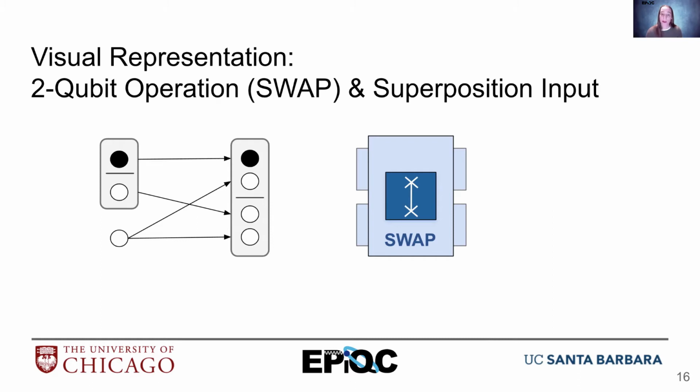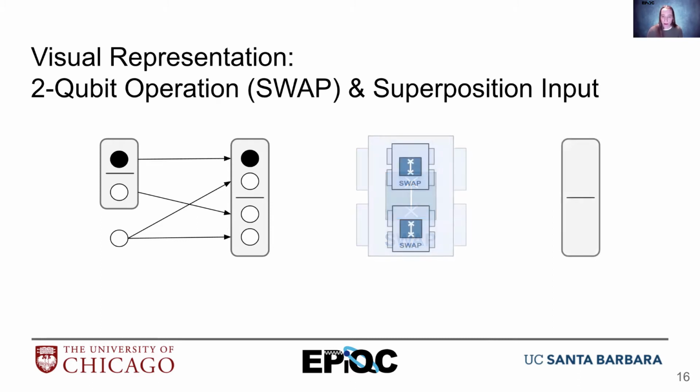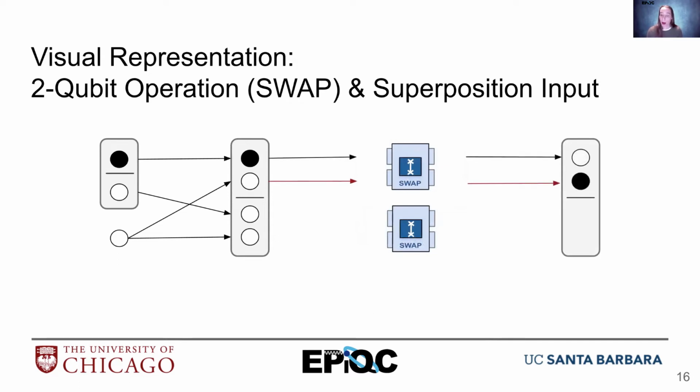What we do is we split the swap into two tiny swaps, and each of these pairs go through their own swap gate. So I have my top pair, black, white, and those get swapped to white, black. And then I have my bottom pair, white, white, and those get swapped to, well, not much swapping happens with white, white, but that ends up with white, white. And so now we can see that our result is two choices again, but our first choice is white, black instead of black, white. And our second choice is still white, white.